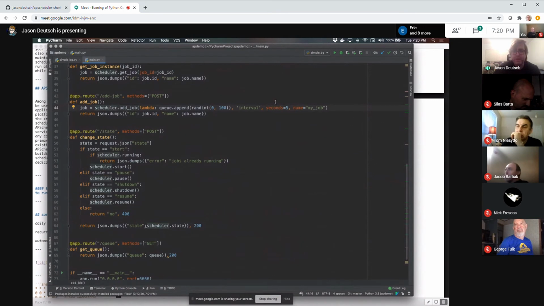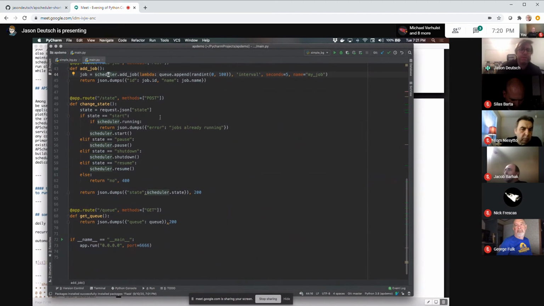Here you can see a few more parameters for adding a job than earlier. We have a lambda that just is going to append a random number between 0 and 100 to the queue. And we're giving it the name my job. We're also exposing an endpoint to control the state of the scheduler itself. So we can start it, pause it, shut it down, or resume it